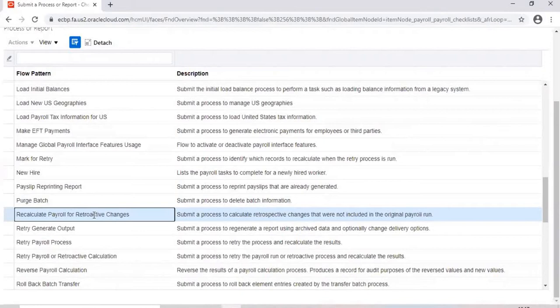Remember when we were creating elements, there is a section asking whether this element is retroactive? I said yes, and then we selected entries for changes retro group. Once you create the element using this retro, a retro element will be created automatically. We also saw that when we searched for the element we created, along with that element there was a retro element. So if you want backdated entries, you enter that element in the previous period and you have to process it with recalculate payroll for retroactive changes. Otherwise, you don't have to run it.